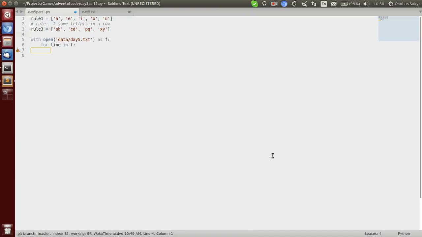We also need a nice count. We set this up so if rule 3 is in the line, which means that if